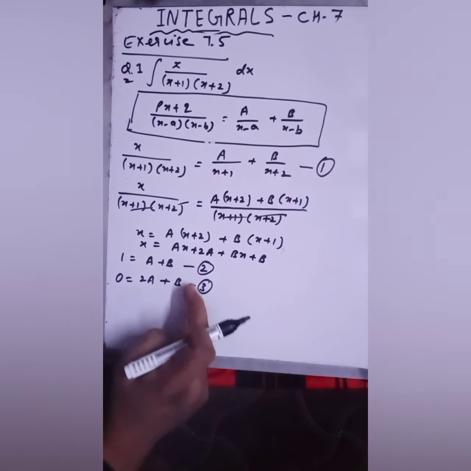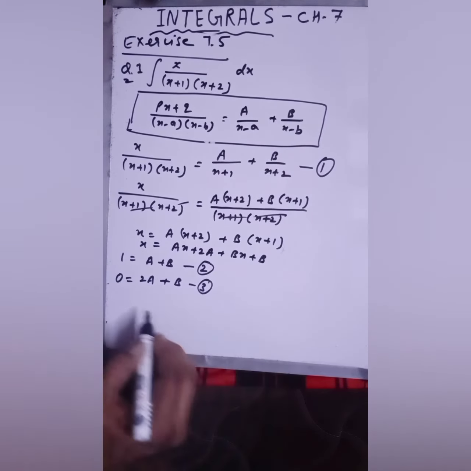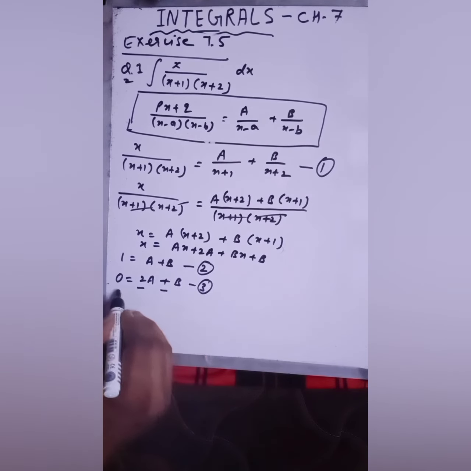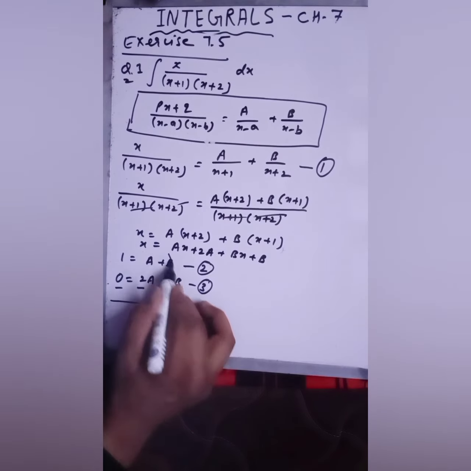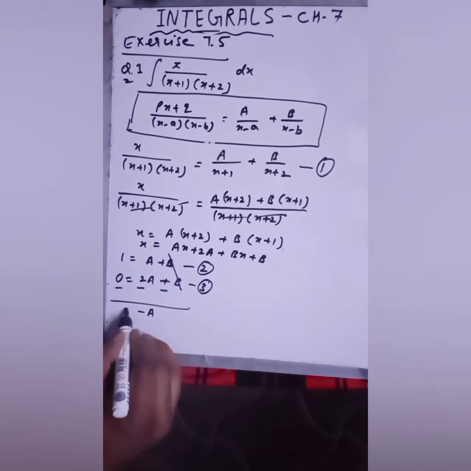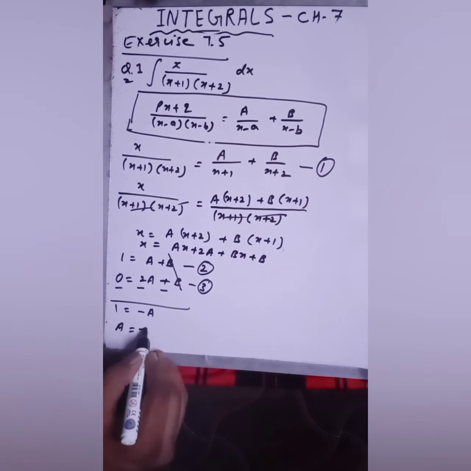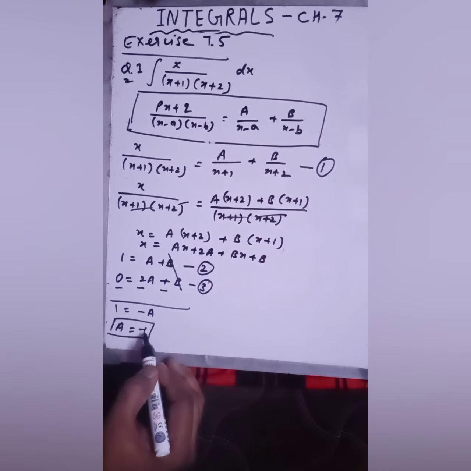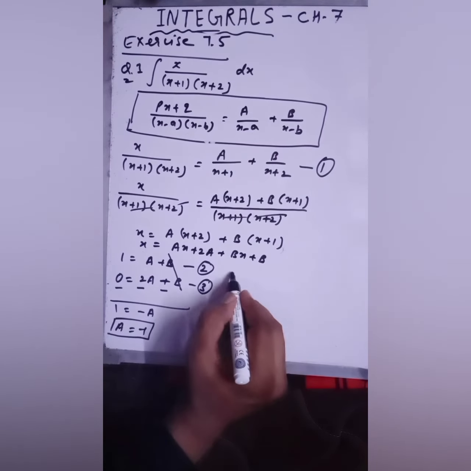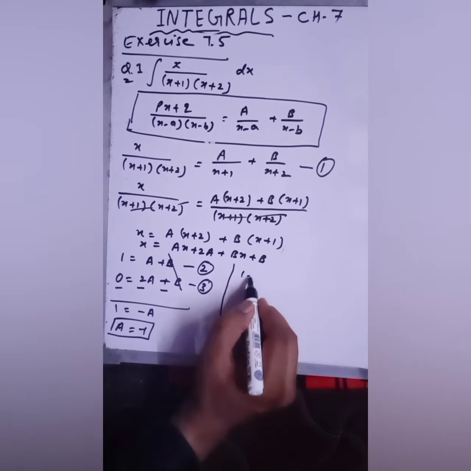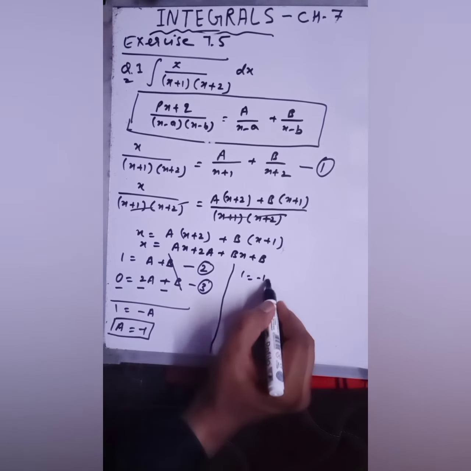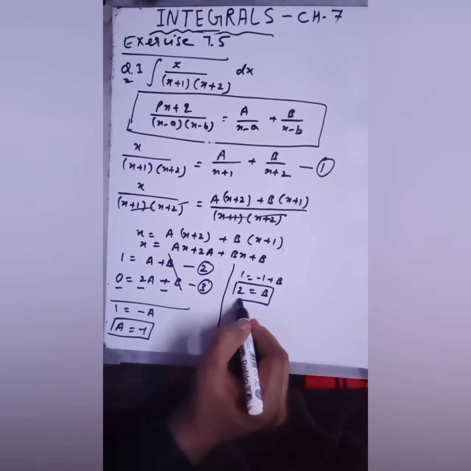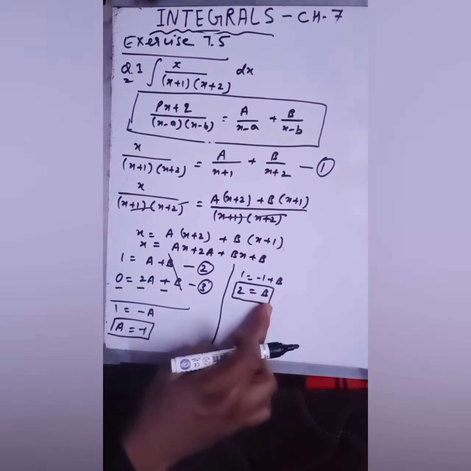Now you can solve these two equations using the elimination method. So I am solving these two. Here b is the same in both, so I am just changing the sign. So this and this will cancel out, and here you will get minus a, that is equal to 1. So your a will be minus 1. So this is the value of a. When you put this value of a in equation number 2, at the place of a I am writing -1 + b, so your b will be 2. Your a is -1, your b is 2.